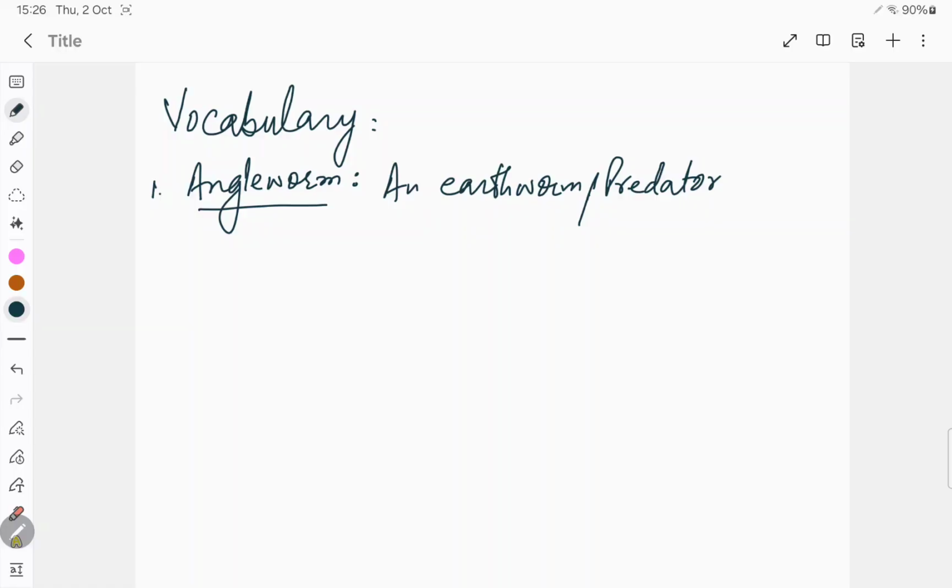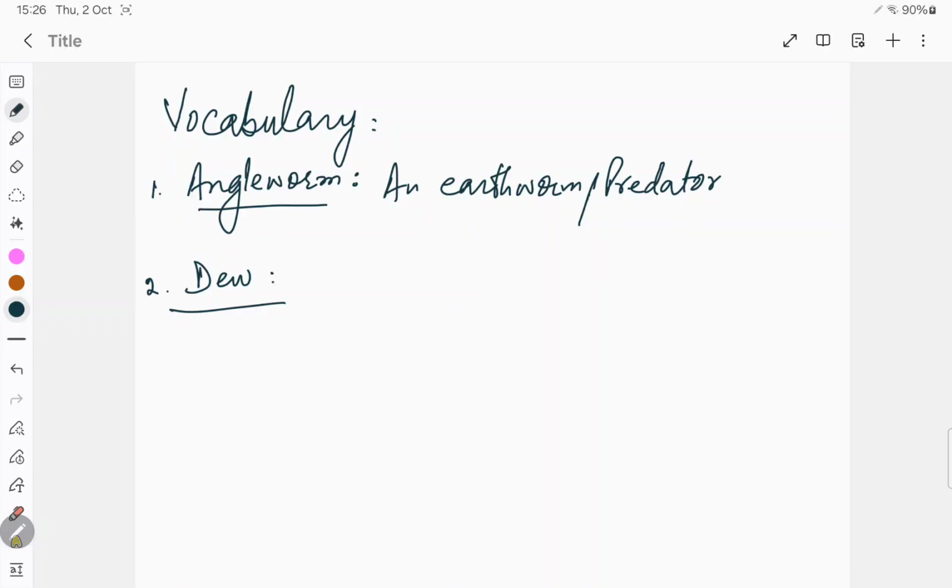And the sentence can be any bird. We may say robin. The robin pulled an angleworm out of the soil. So that is how we may use it in our sentence. The second word can be